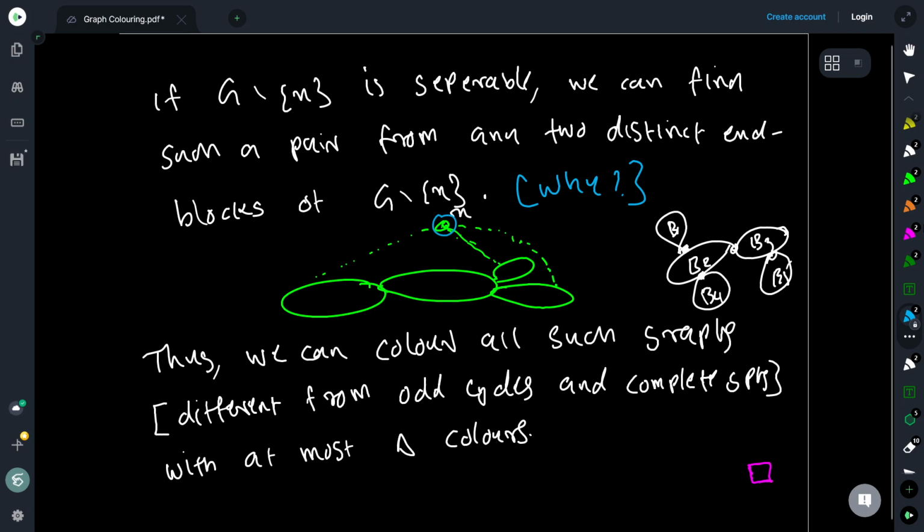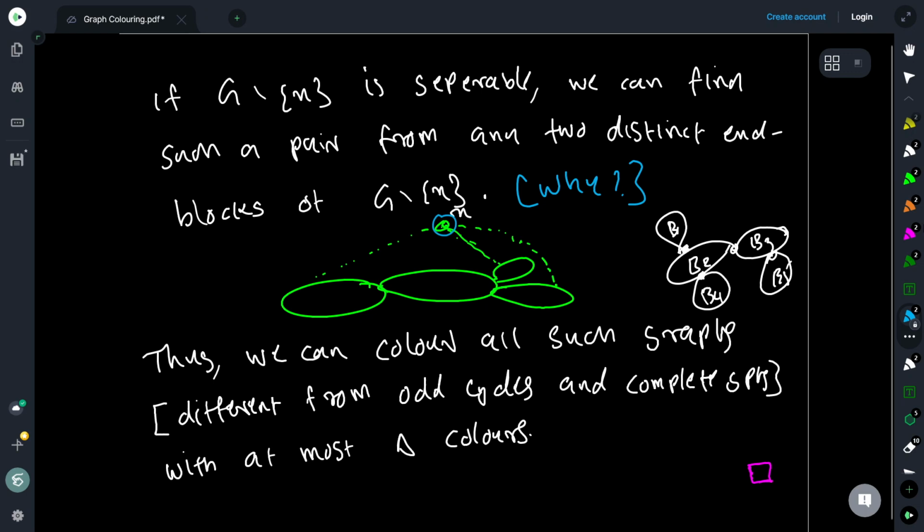But now if you remember the block structures of a graph, blocks are basically maximal subgraphs without cut vertices. So if you look at the block structure of a graph, you have several blocks, and if it is connected, you have a block, and then you have other blocks which are incident to it. But if you take a maximum length path in the graph, the endpoints of this path must belong to blocks which have only one cut vertex, because if you reach a block where there are two cut vertices, that cannot be a maximum length path. You can always extend it.